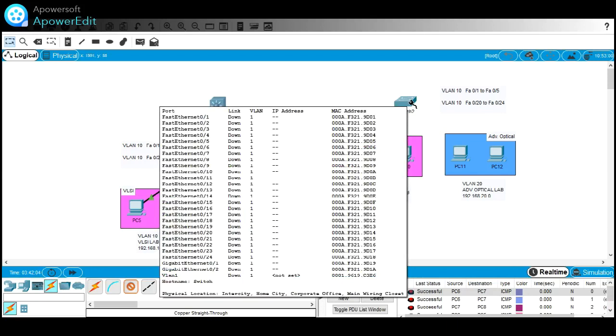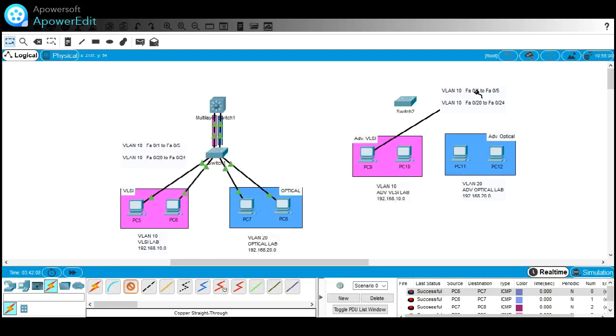And in this switch, later on we will define that port number 1 to port number 5 are in VLAN number 10, and port number 20 to 24 are in VLAN number 20.